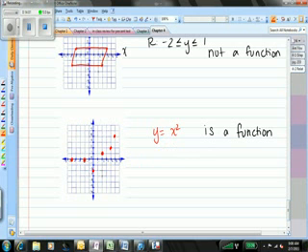Function? No. Yes. But what happens if it was like a check mark line and it went through